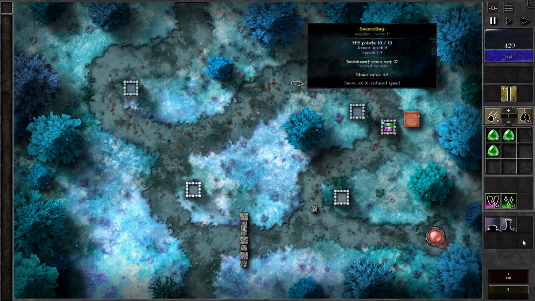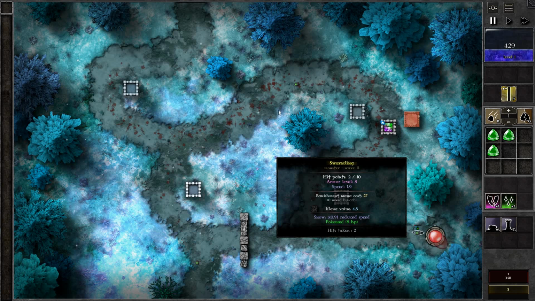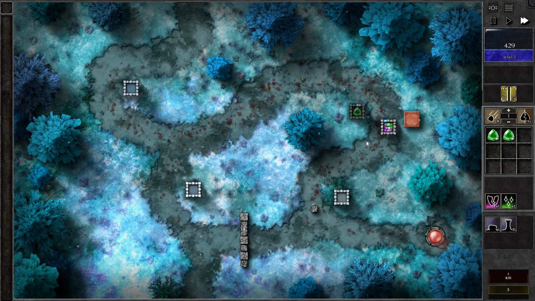Okay, we've got 3 monsters. Where are they? Okay. One here, who is about to die to poison, maybe. One here. I want to be able to track them, so...